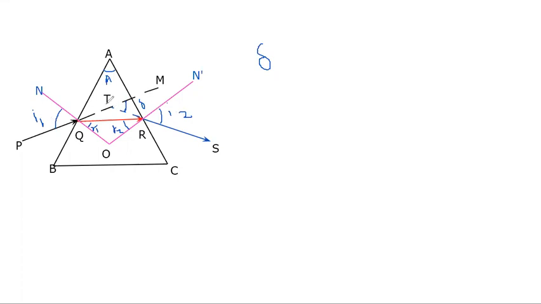Now in triangle TQR, we can write delta is equal to, instead of delta I am using capital D. Okay, so delta is equal to,